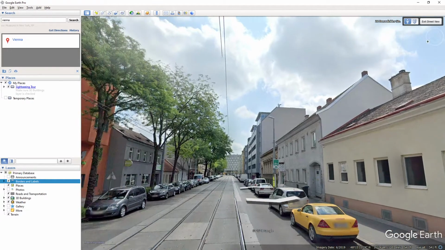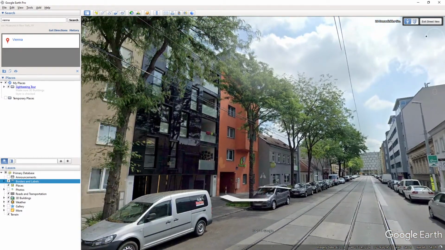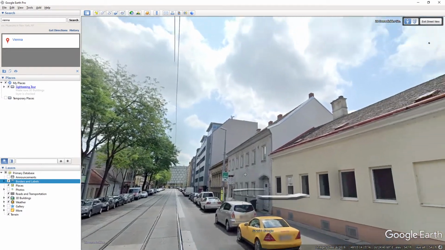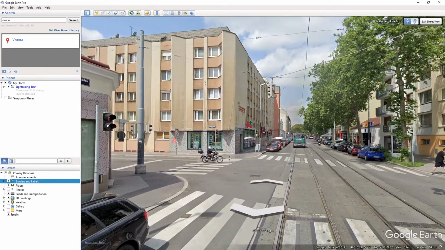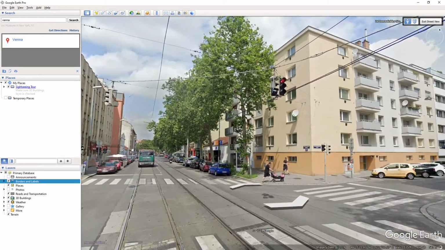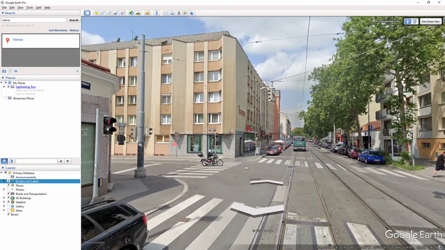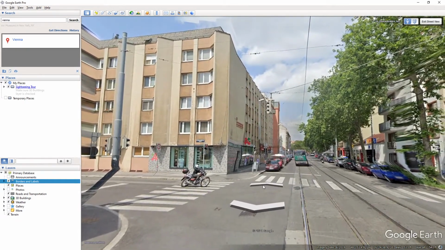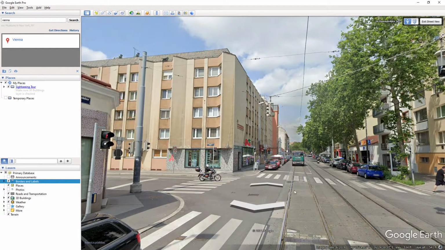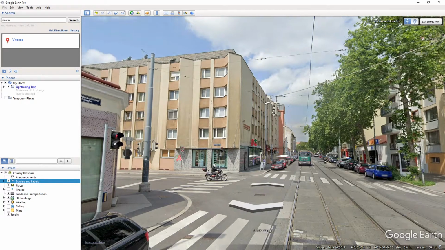Now, obviously, you may not find anything that's particularly interesting about the street that you're on, but maybe that's okay. The nice thing is that you have a very, very wide variety of angles, and if you don't find what you're looking for, you can still click around and sort of explore. So it's kind of a neat way not only to find the right camera angle that you want to use,